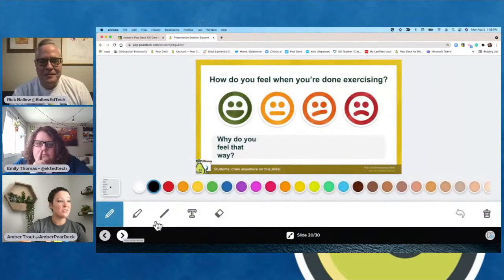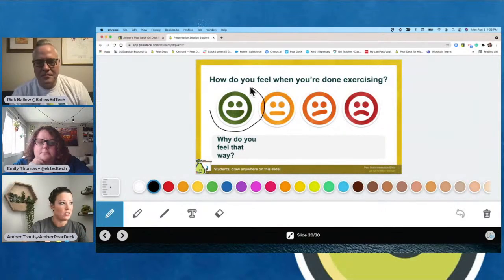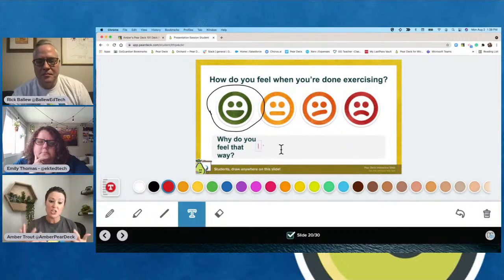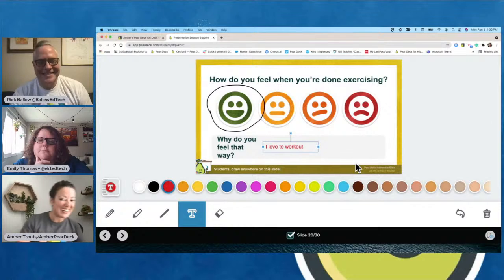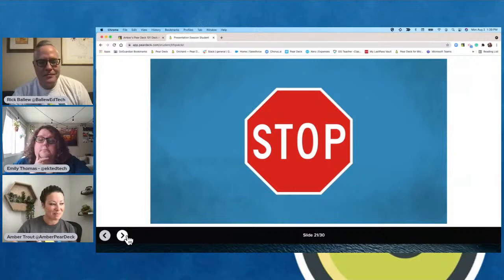Now, this one is for exercising and for PE. This is in our PE templates, but this is a perfect example of a drawing slide where you can draw something, but you also can type and explain it. So now you're going to say, why do you like it? I love to work out. A lot of teachers are like, wait, why does it look like this? You just have to drag this over to make it so that it has enough space to go sideways. But lots of different options. I tried to show you a little bit of every subject area so that you could see how it's utilized.